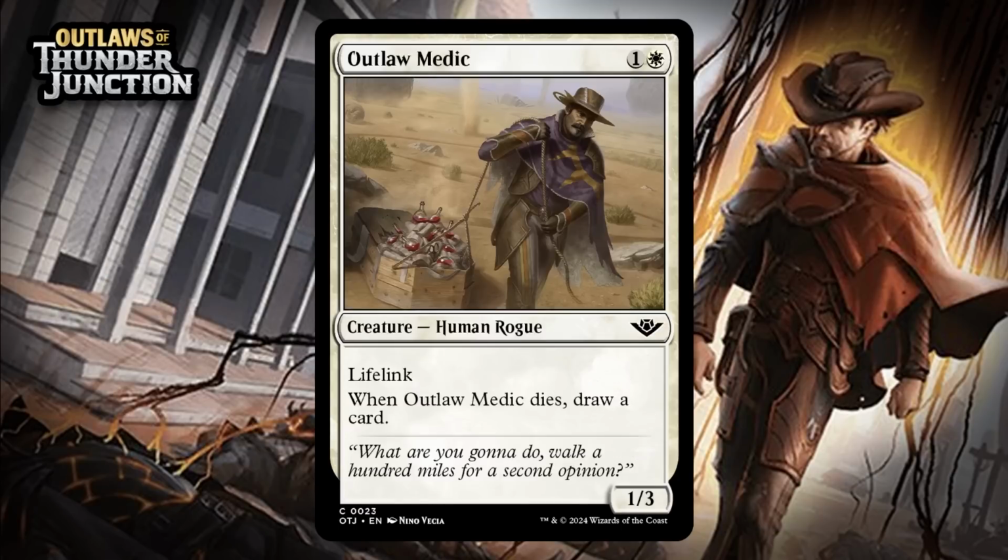Next up, it's Outlaw Medic, which for 1 generic into white is a 1/3 human rogue at common. It's got lifelink, and when it dies, you draw a card. A 2-mana 1/3 with lifelink is a solid little body, especially early, and like all lifelinkers, putting equipment and counters on it is great, so the fact that it also replaces itself when it goes down is nice,